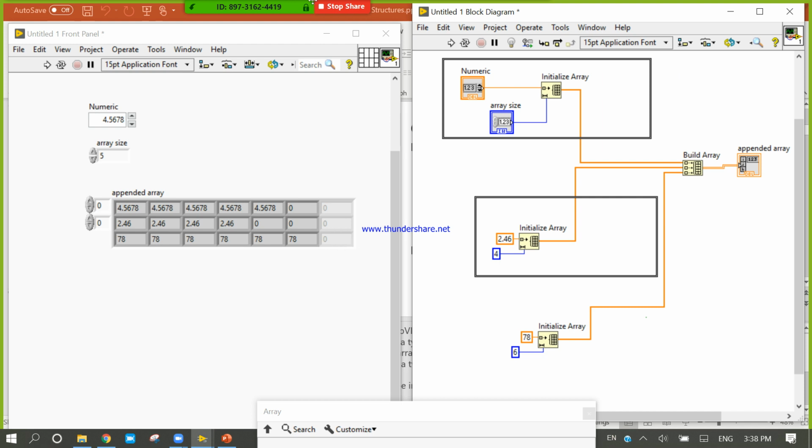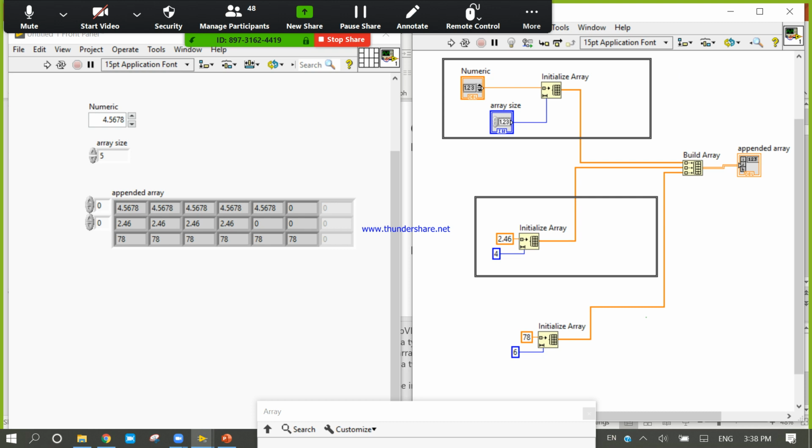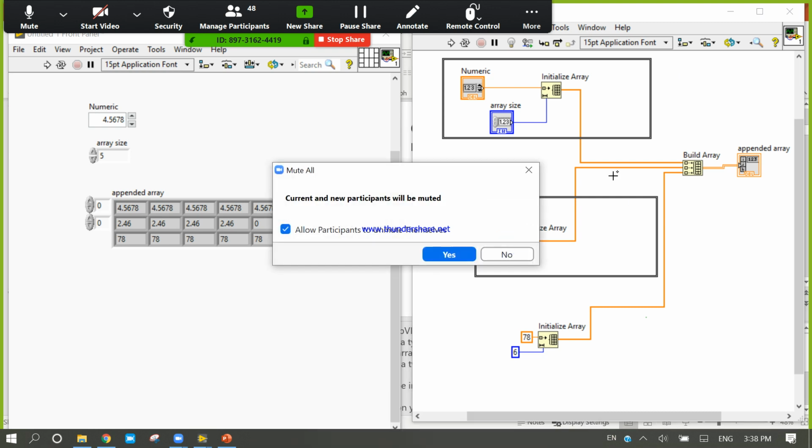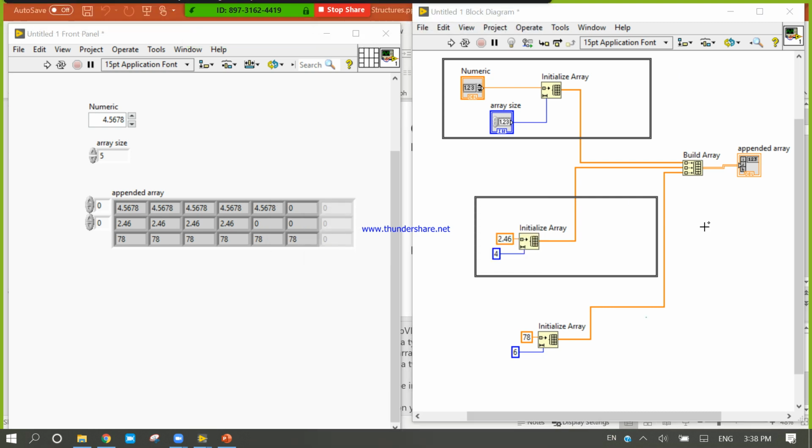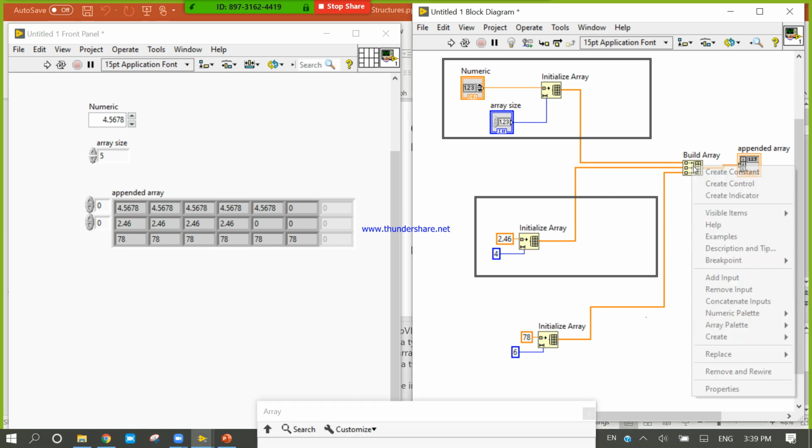So by using three 1D arrays, we can convert to one 2D array. You can convert to a 2D array using n number of 1D arrays. Now here this is the concept of append.